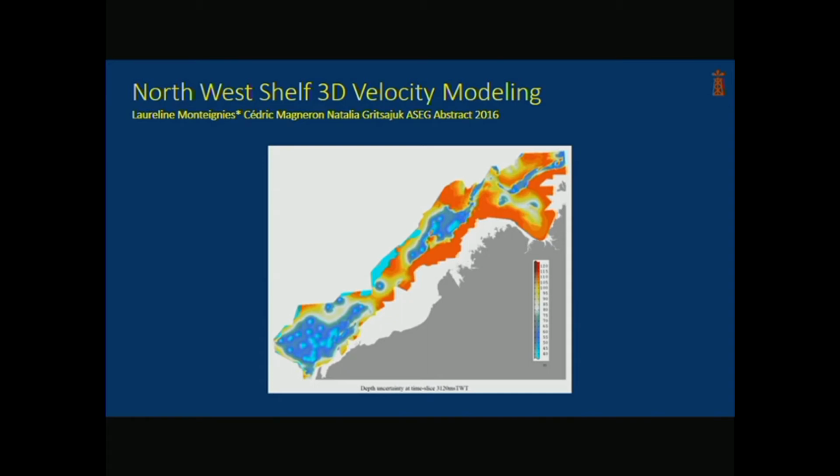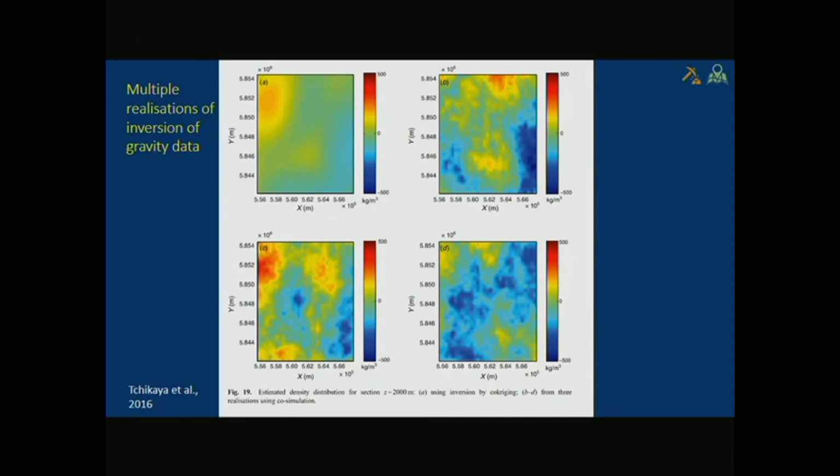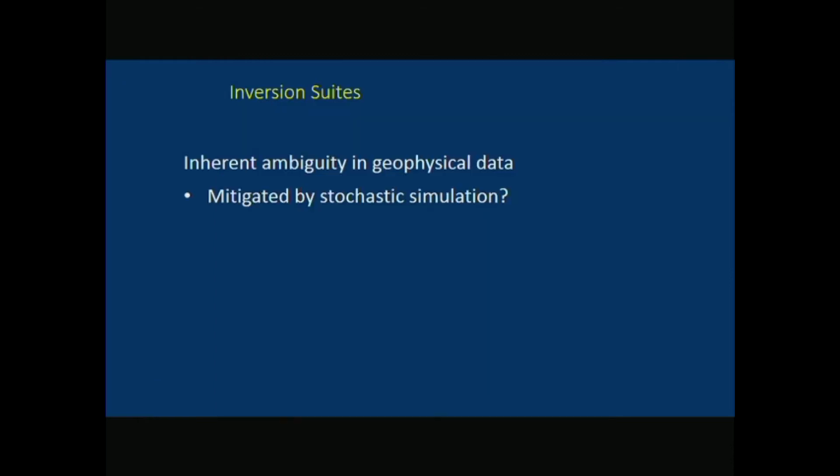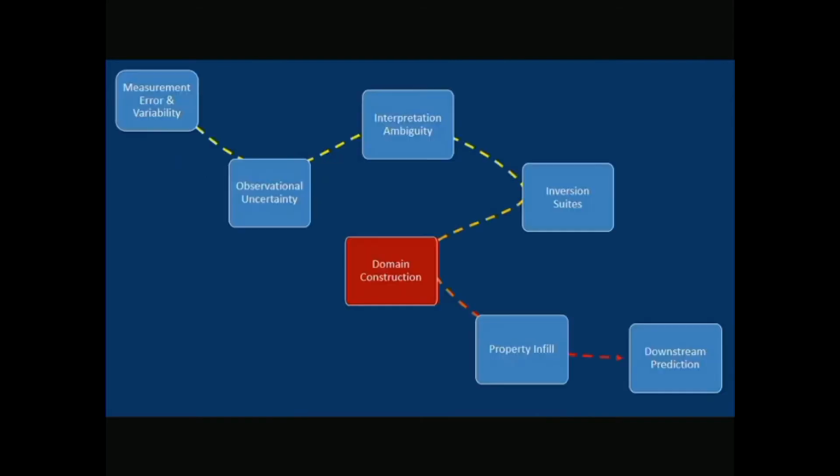but at least it is being characterized in the surface depth. Of course, when you have inversions of gravity data, and this looks rather like a slide I just saw, you can play the game of just saying there isn't one answer, there are multiple answers, but then it's much more difficult to know how to feed that into your geological modeling process. But it's certainly something that we need to be working towards. So some sort of simulation or variation in the properties is definitely needed.